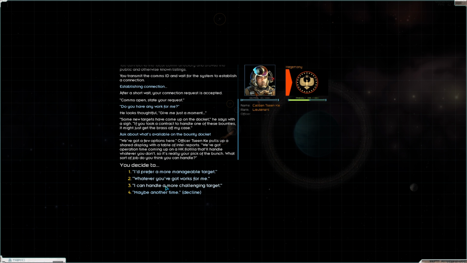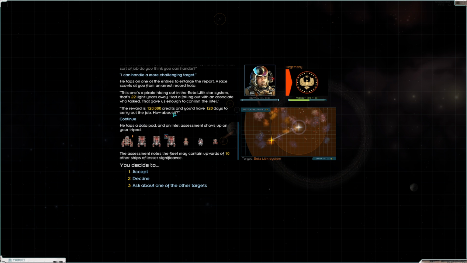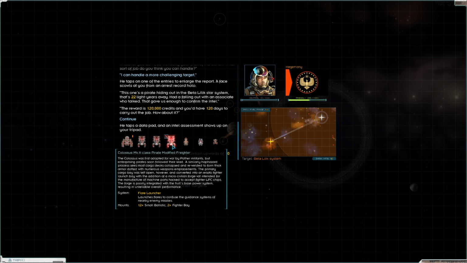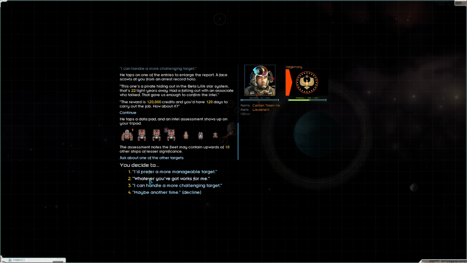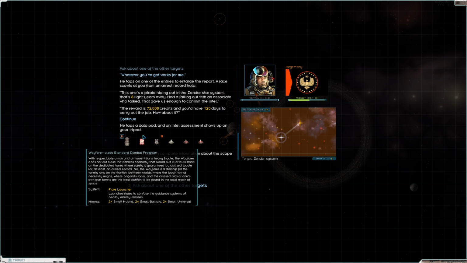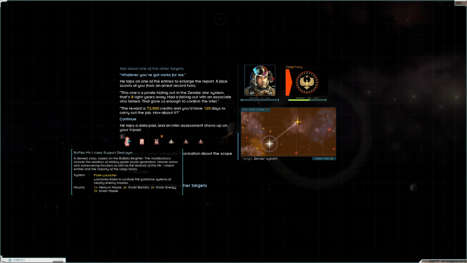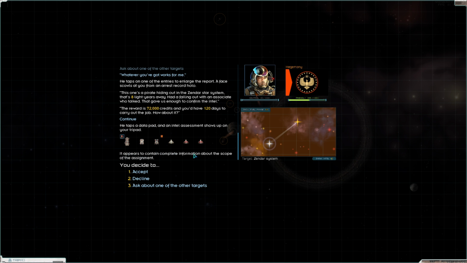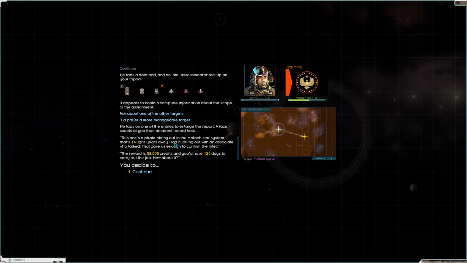So talking to our contact here, let's see if they have a challenging target. For 120,000 credits, they want us to take on this fleet. I think we can do it, especially if we purchase one of the Dominators. This isn't too bad. Let's see what the other targets are. For 72,000 credits, that's a lot better. So this is a very easy fight, almost soloable, realistically. And then I usually don't take the smallest one,